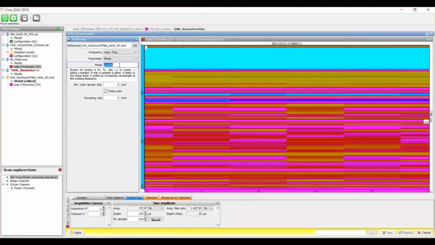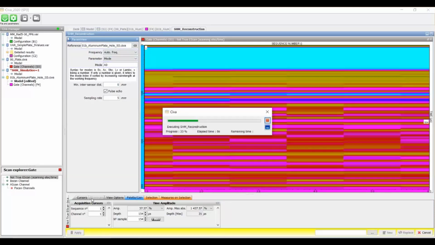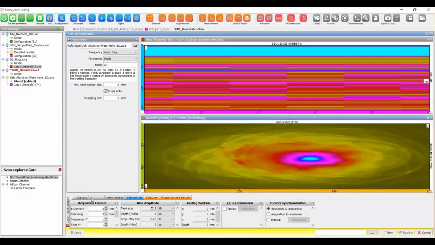You identify a mode of reconstructions, so often the A0 mode can be a good one, but you can try reconstruction with other guided modes, and then you apply here the reconstructions. In this version, the delay and sum imaging algorithm is available in Siva. Other will come.